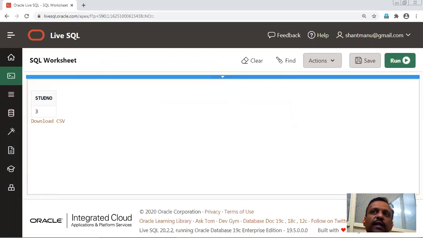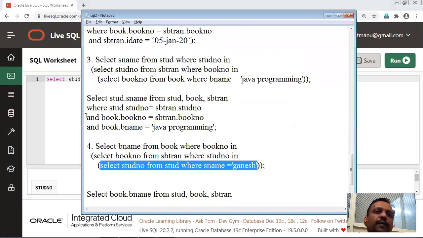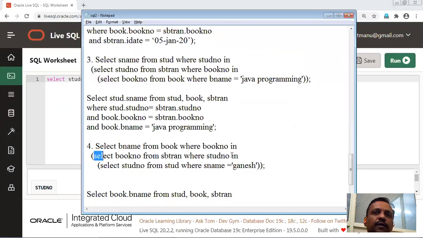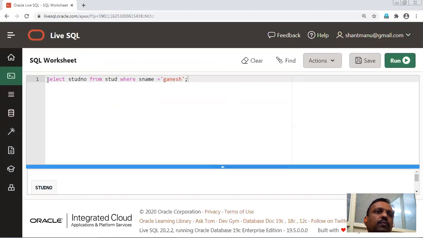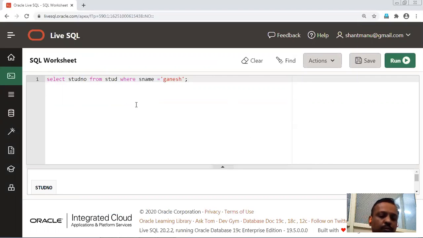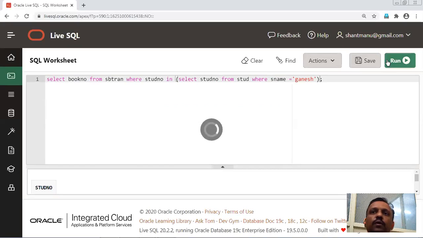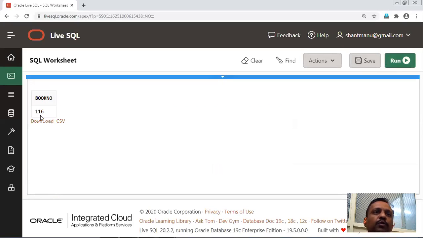Then that 3 will be passed to the outer query. What is the outer query? This one. Select book number from SBTran. You will get the book number. What is the book number? 116.